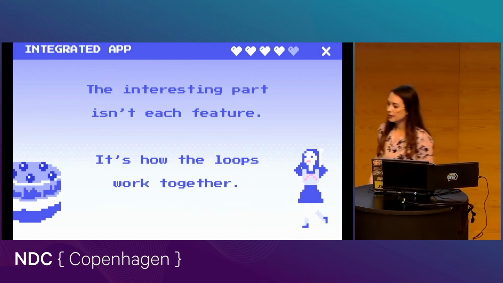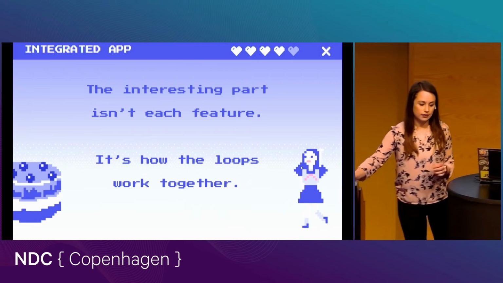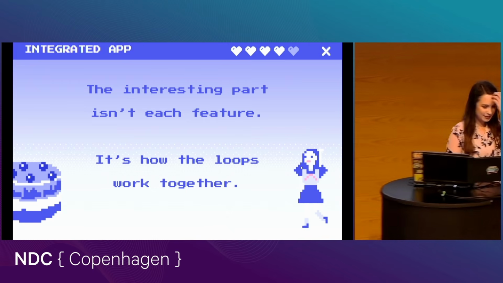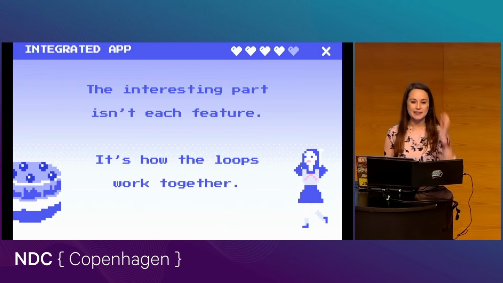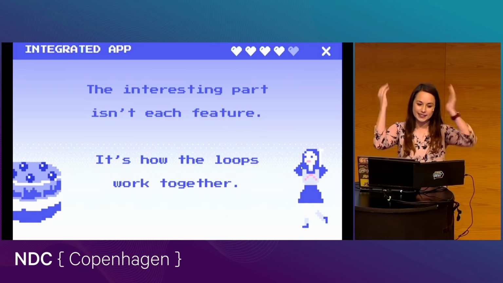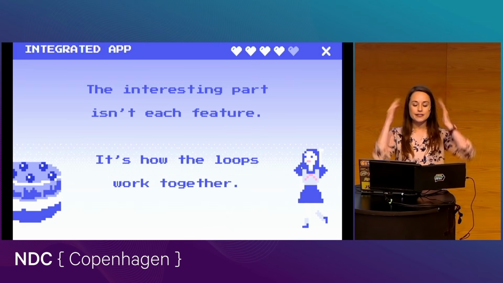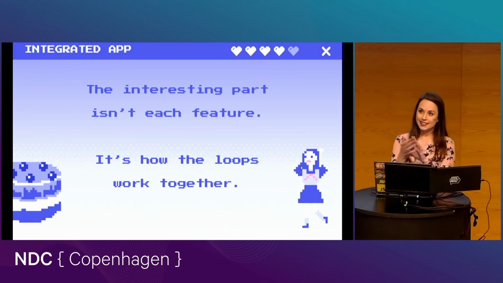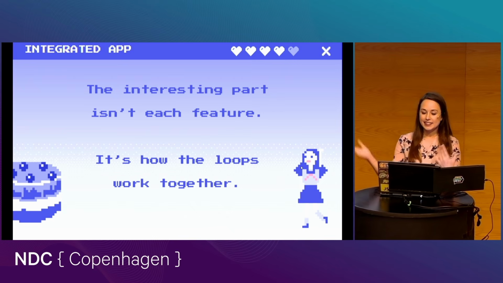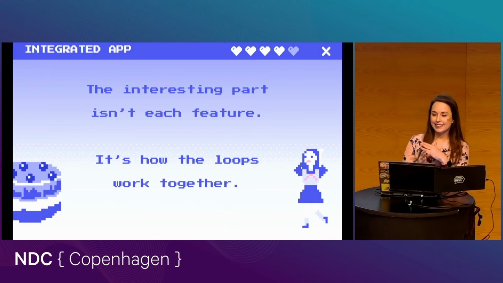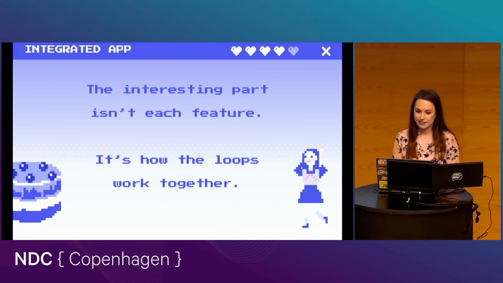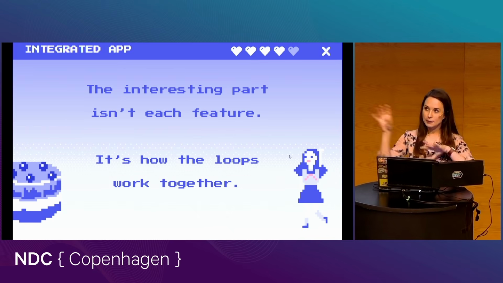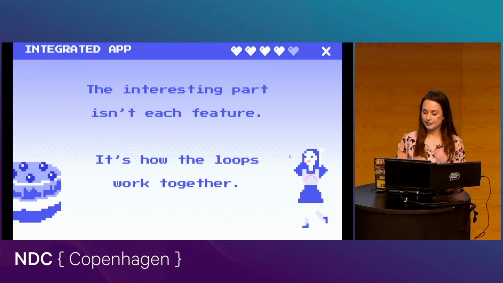Okay. So now, this is my favorite app out of all of them, because basically what we're doing is we're going to zoom out and we're going to put it all together. So every one of these features so far has been interesting enough by themselves, I think. But what happens when you actually put them all together in one app, you get to see how the loops work together, how everything can complement each other, all in one.